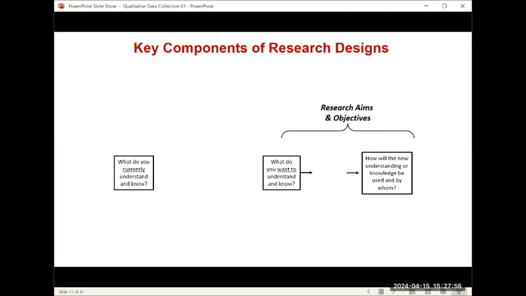So the far right-hand side is actually our research aims and objectives. This is where we want to go. This is the destination. All right? The reason it's important to figure this out is that it defines who is going to use this and how they're going to use it, defines the level of breadth, precision, confidence, and generalizability that we need for our research.